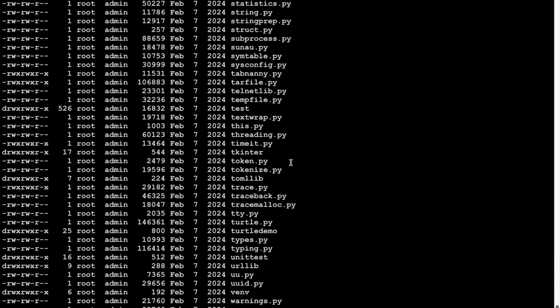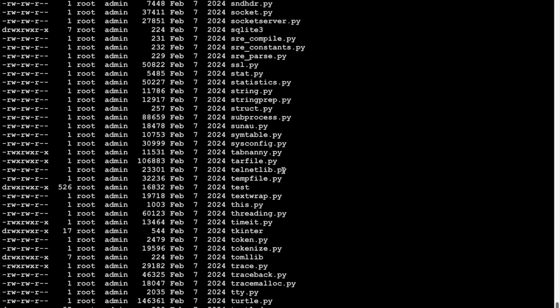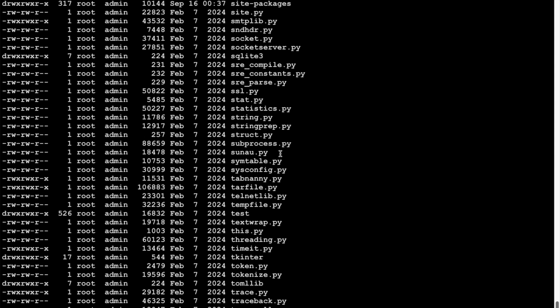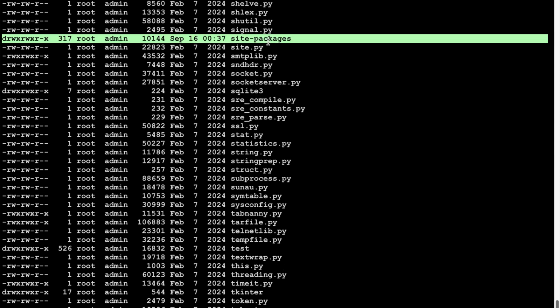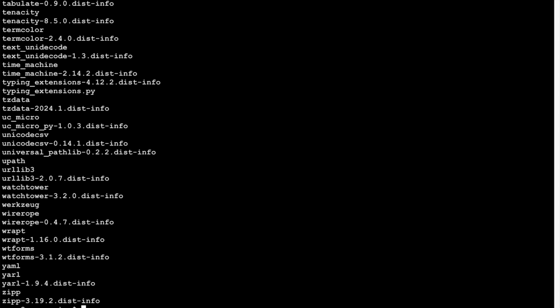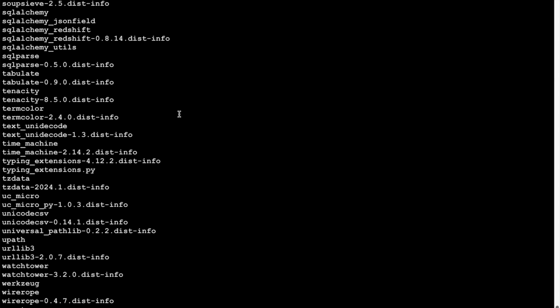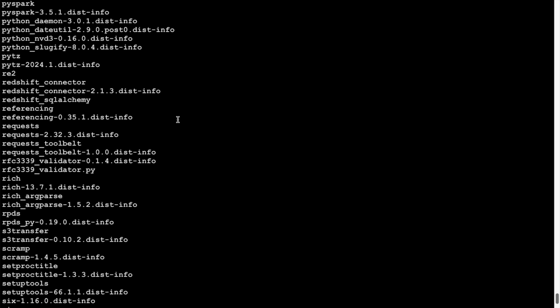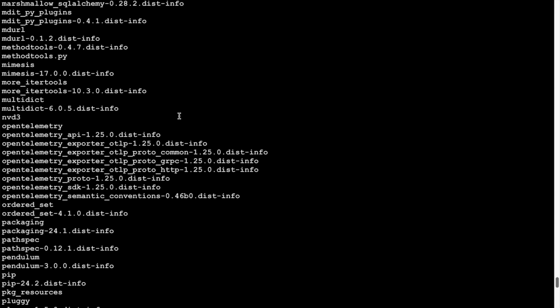We are bothered about one folder named site-packages. So this is a directory named site-packages. Let me go inside this folder. Here all the libraries are installed. These are the libraries that I have installed in my Python deployment.